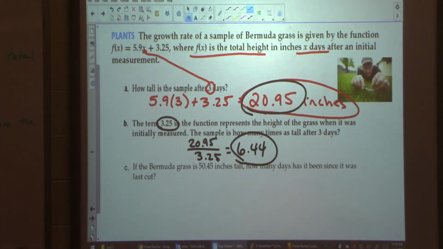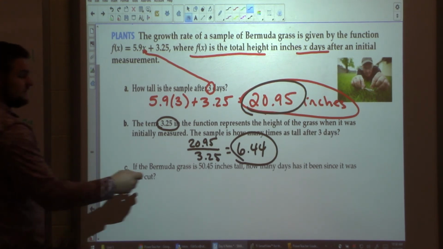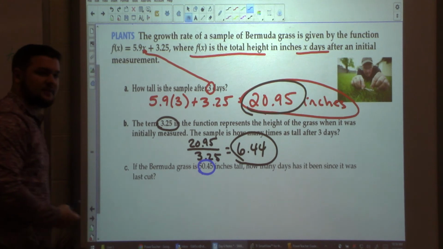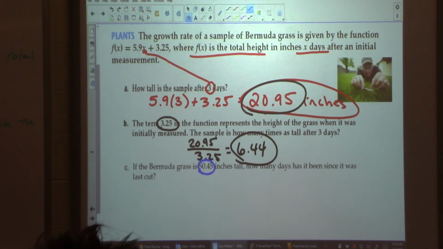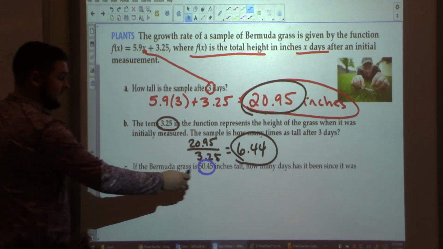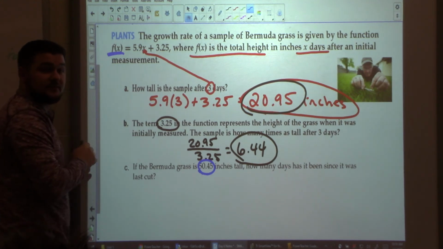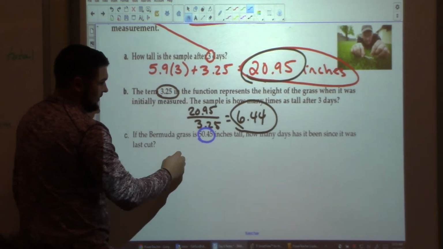And then our last part of the problem here. If the Bermuda grass is 50.45 inches tall, how many days has it been since it was last cut? Well, let's think about it. What represents how tall the grass is? Or in other words, its total height? F of x. So 50.45 is equal to f of x. So what should I do with it? Plug it in, right? If I know this is the same as f of x, I'm going to plug it in for f of x. So 50.45